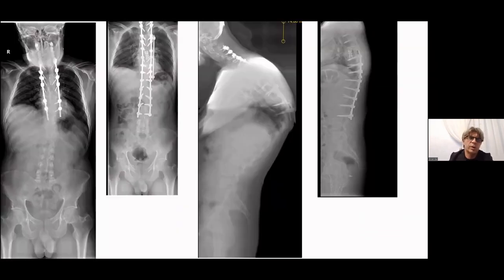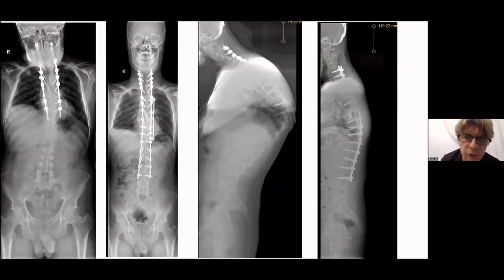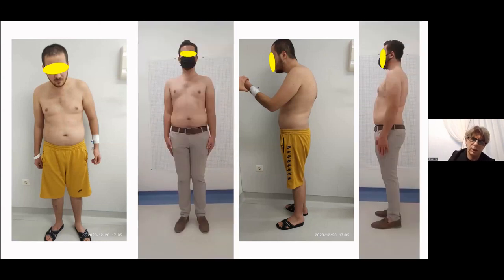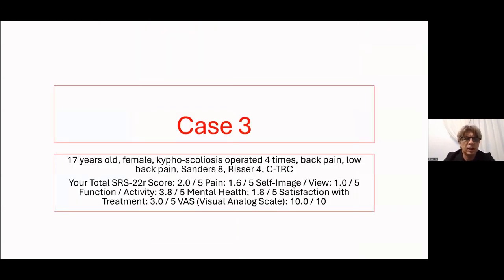We operated on these patients with corpectomy and posterior instrumentation between C7 and L3. These are the pictures 2 years later. Another case is